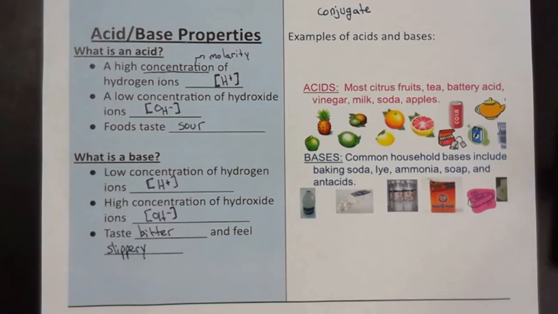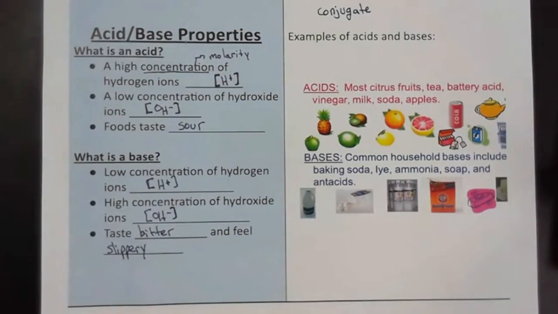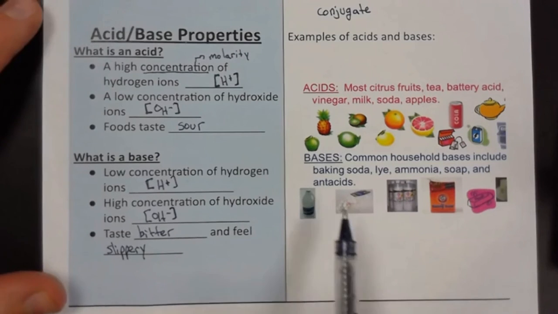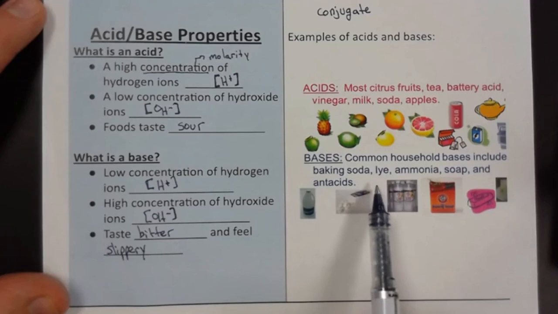It's kind of an interesting byproduct of anytime something that is highly basic or has a high concentration of hydroxide ions comes into contact with the skin, the oils and the fats in your cells react with the hydroxides faster than they do with the hydrogen ions. And one of the byproducts is turning the oils in your skin into soap, which is why anytime you work with concentrated hydroxides, if you get it on your skin, it really feels slippery, like you just got soap all over your hands. So a lot of common bases are household ingredients like baking soda, lye, which is like an old kind of dishwashing ingredient, ammonia,